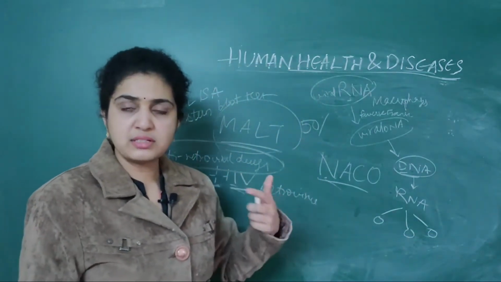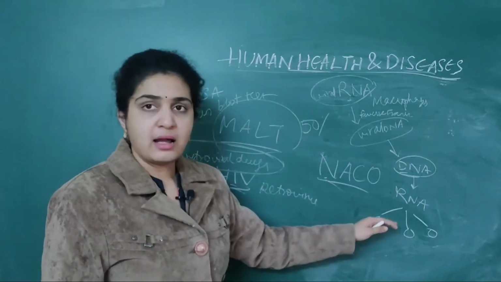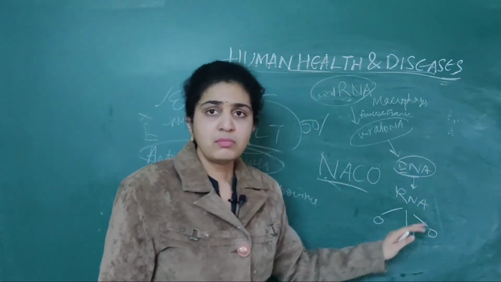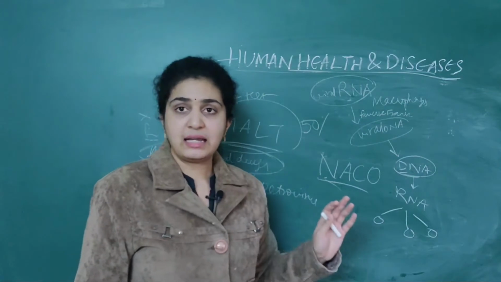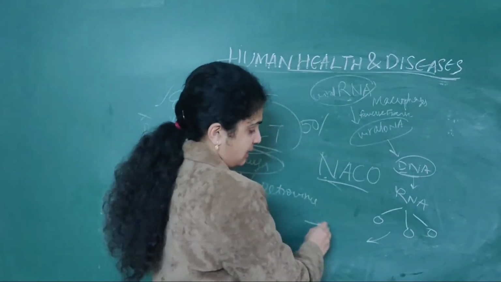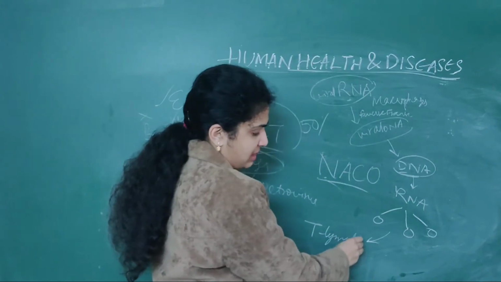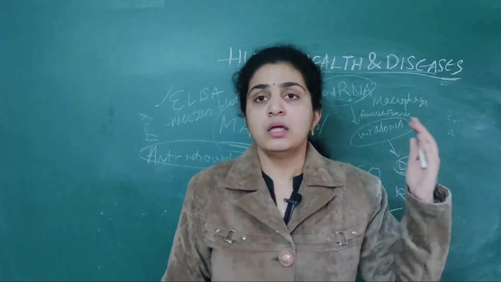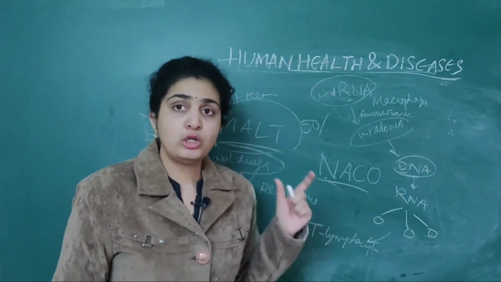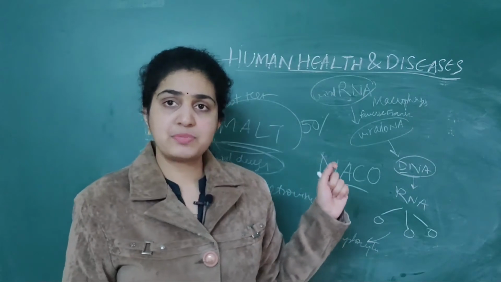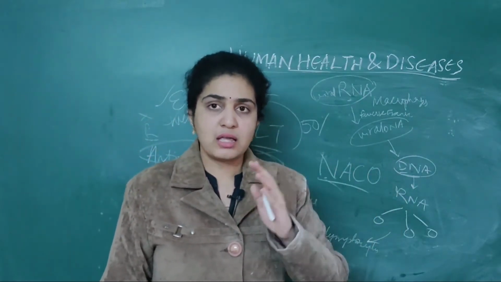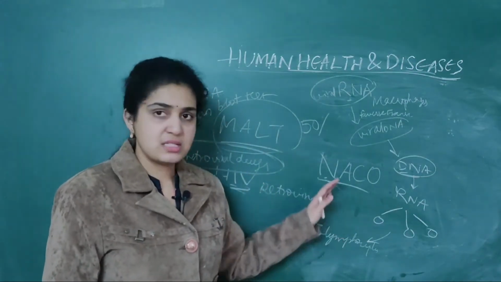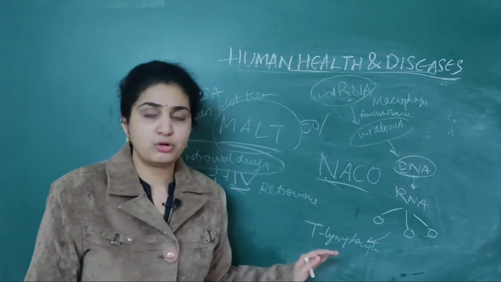It will produce numerous infected cells, and these infected cells will attack the T lymphocytes. When they attack the T lymphocytes, all the T lymphocytes will get reduced in number. This all will take place in the incubation period I told you about, that is the time lapse between infection and the appearance of AIDS symptoms. This full chart will take place in these 5 to 10 years.